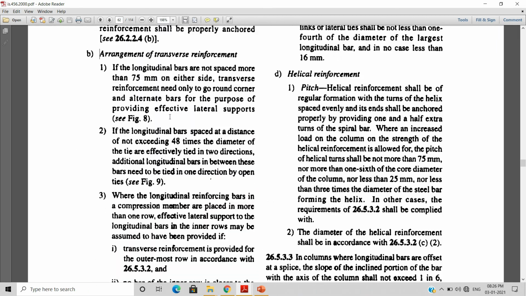And if I see the second point, if the longitudinal bars spaced at a distance not exceeding 48 times the diameter of the tie are effectively tied in two directions, additional longitudinal bars in between these bars need to be tied in one direction by open ties. So if my distance between the two edge bars does not exceed 48 times the diameter of the ties, then I need to provide open tie, and if it exceeds 48 times the diameter of the ties, then I will provide a closed tie.